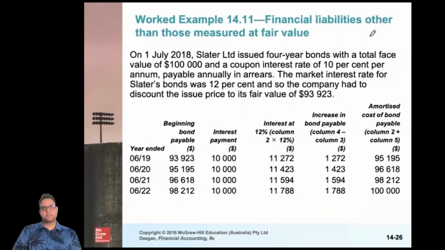So this is I think the last example for today's class. There's a company which has a 4-year bond. So it's a bond liability with a total face value of 100,000 and a coupon interest rate of 10%, annually paid every year. So they are paying 10% of 100,000, that is 10,000 every year. The market rate for this is